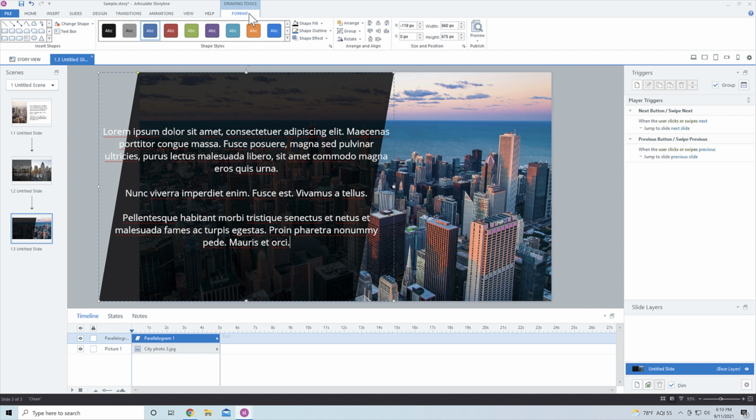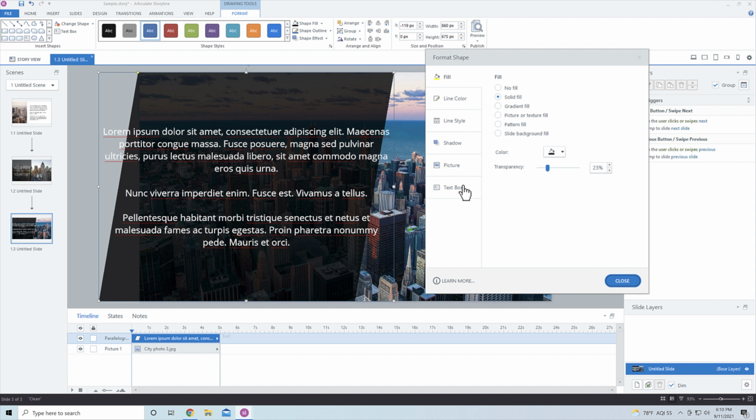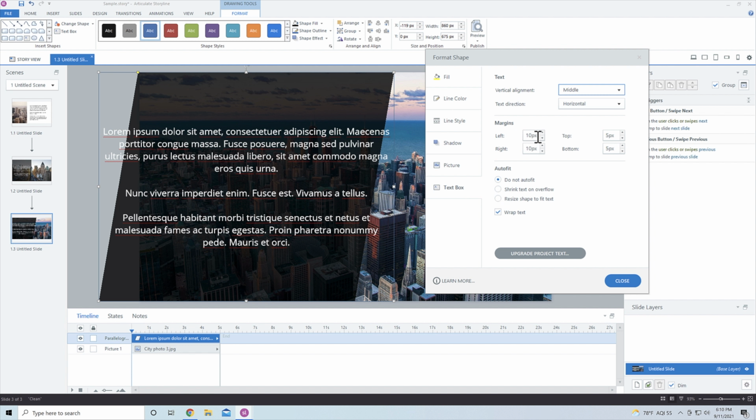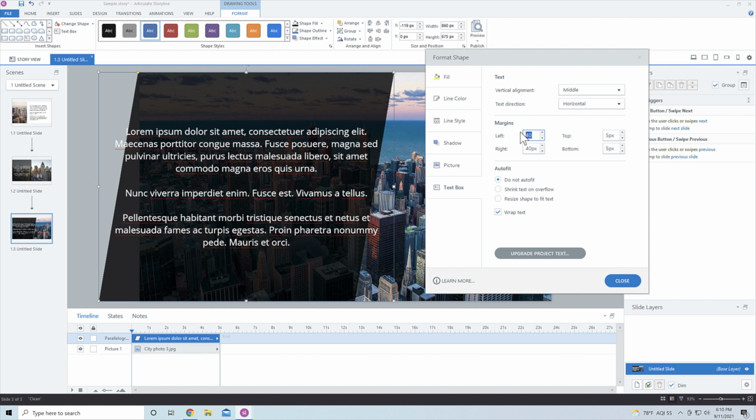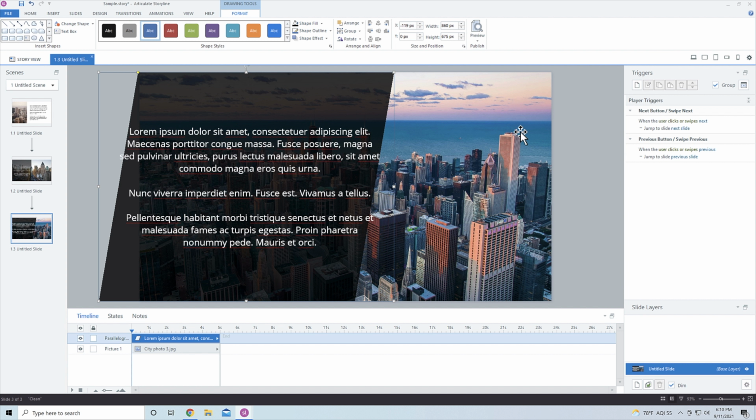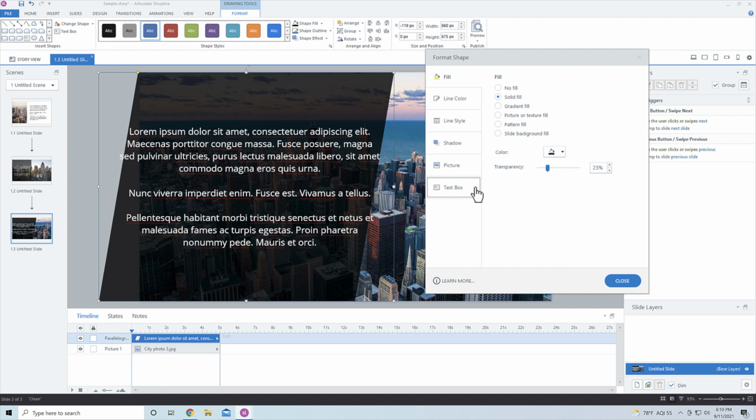This is where those margins or padding comes into play. So I'm going to go into format, and then I'm going to come down to text box, and then I'm going to just drastically move this up more. So I'm going to say 40 and 40. Now I may have to play around with this, and in fact, I may want more margin or padding on the left-hand side to bring it on the stage than I do on the right-hand side. So we're not quite there yet. I hit enter, and that's why it closed it.